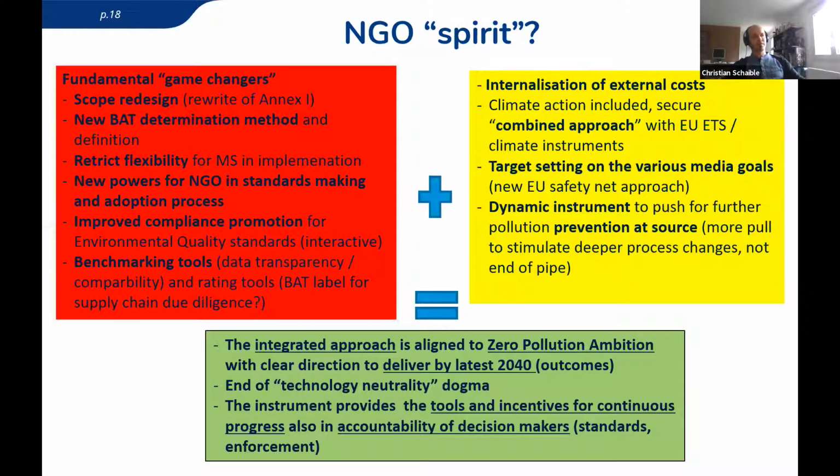The benchmarking tools I mentioned before, E-PRTR, are very important. It's how we can rate and compare the different industries. So this is something where we can also pull for the front runners, if we have even a BAT label, I don't know, for those which are really good, the really good guys or girls operating a nice industrial activity, they should have a label maybe. I don't know if this can work.